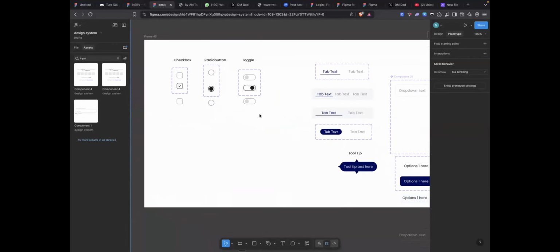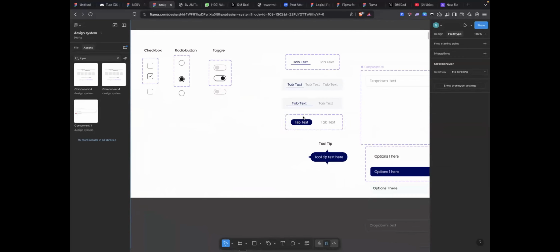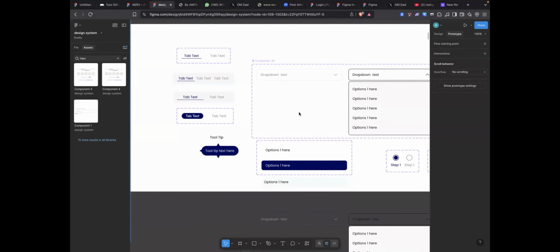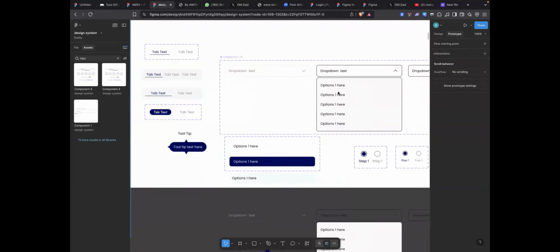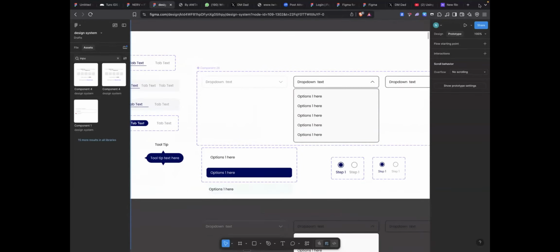So here you see the toggle, the radio button, the checkbox. I don't need to come and be designing all those other things again, creating different components when I'm trying to be fast with my design, because I already know I have all these things here. So the best thing I do is just to come and copy them. Another thing is that there are reusable components that different products have right now. I know that there are people who don't come and design these components manually. They just go over to these companies that have components already built and copy them.